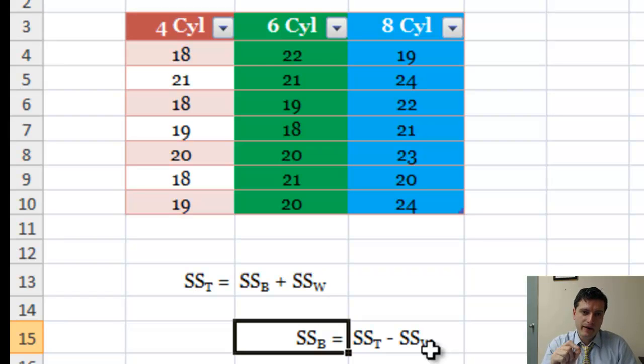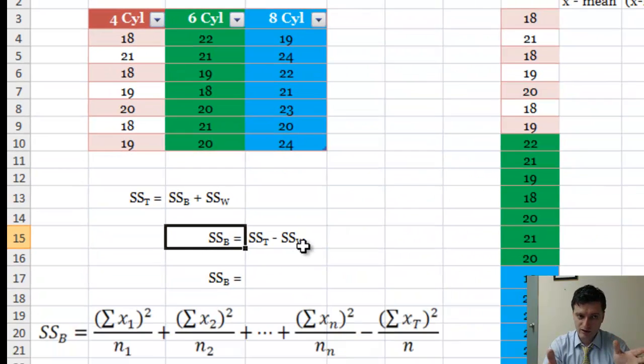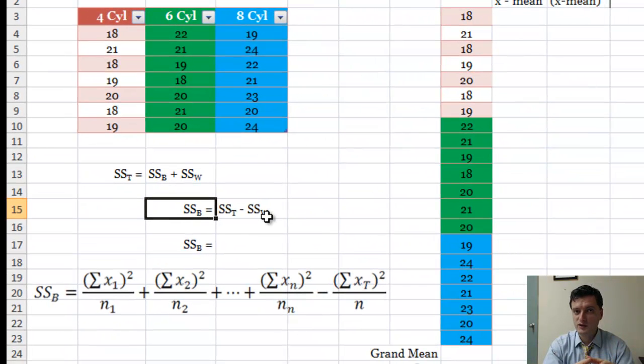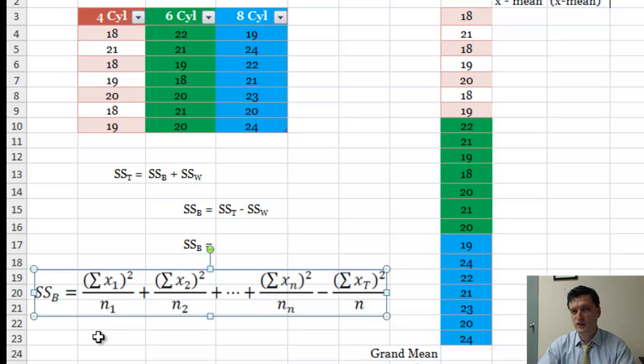In SPSS, use, right, calculation of ANOVA, a podcast that I created earlier. You would have the formula for how to calculate the sum of squares between groups, but I put that in here as well. So sum of squares between groups will be this formula here, while sum of squares within groups is a different formula that I'm going to show you just in a second, as soon as we calculate the sum